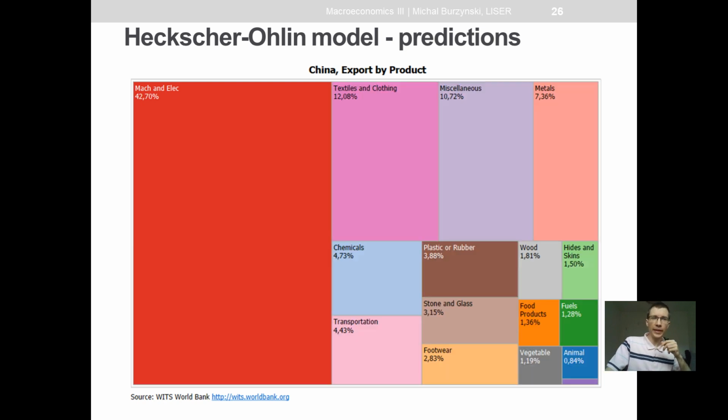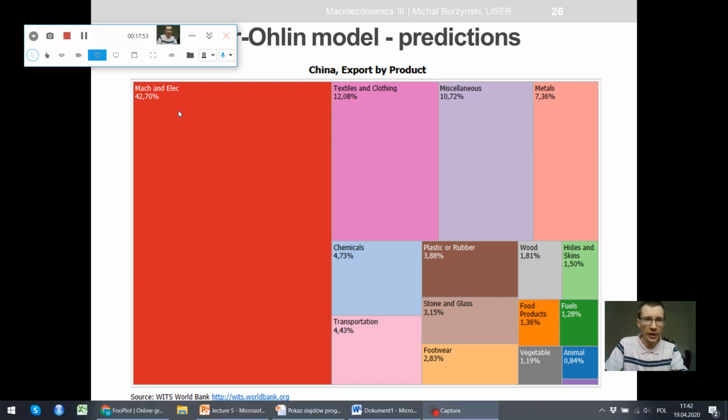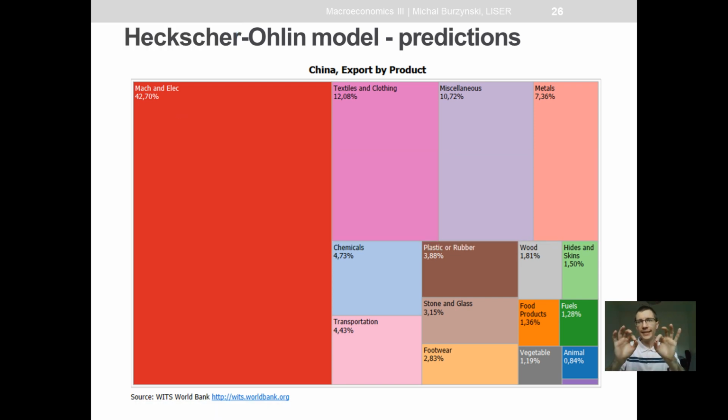And what about China? Well, in China, this structure is also very interesting. You have 40% of machines and electronic devices. Now the question is, what is the actual comparison between those machines and electronic devices produced in China and those produced in the United States? To have a clearer view about this, you need to go really into detailed product categories. But once again, for the moment, we believe that these are a little bit less technologically advanced